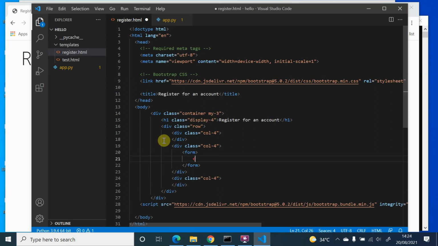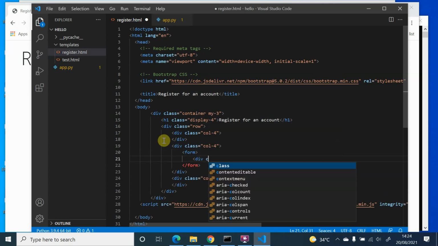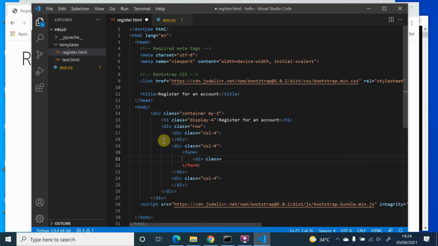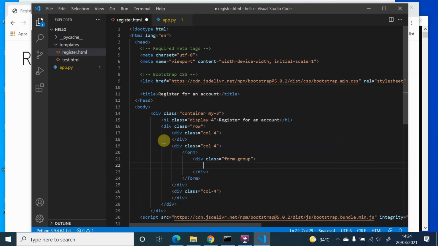And in the form, let's create our first div class equals form group. I believe that's what we'd called it before, right? This is a group of items put together, and label for equals